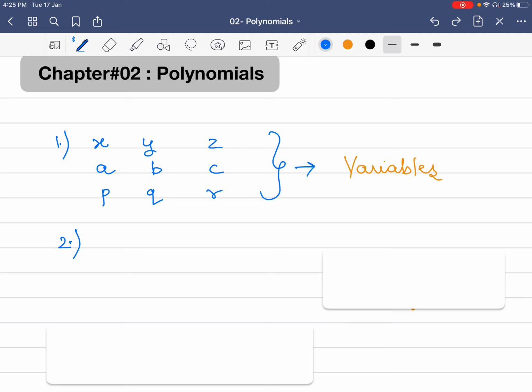And typically in algebra we tend to find the value of these variables. They're used to denote unknown values. Unknown values are denoted by these variables x, y, z, or a, b, c, or p, q, r, and so on. Now, once we know these are very simple units called variables, now we'll go one step ahead,